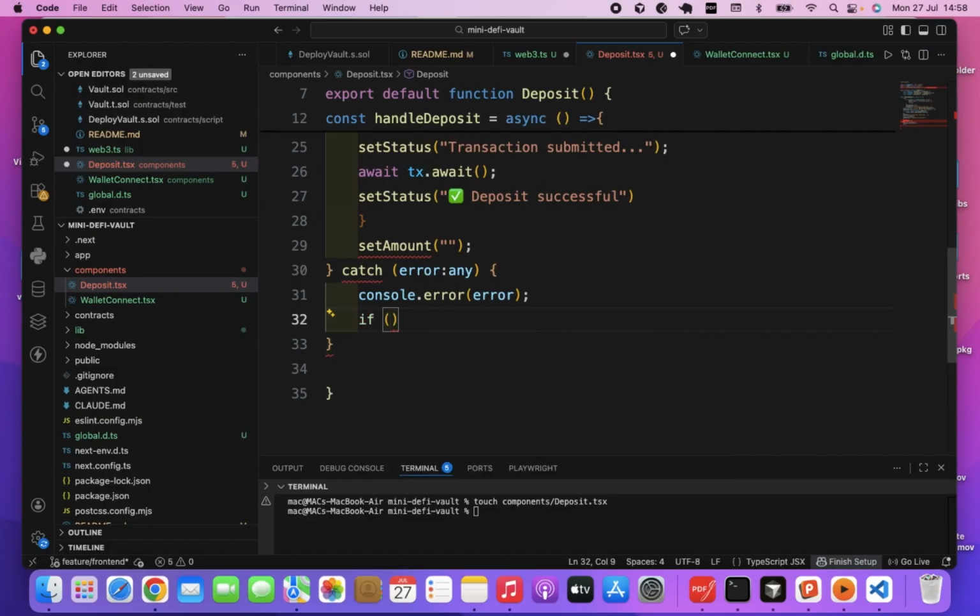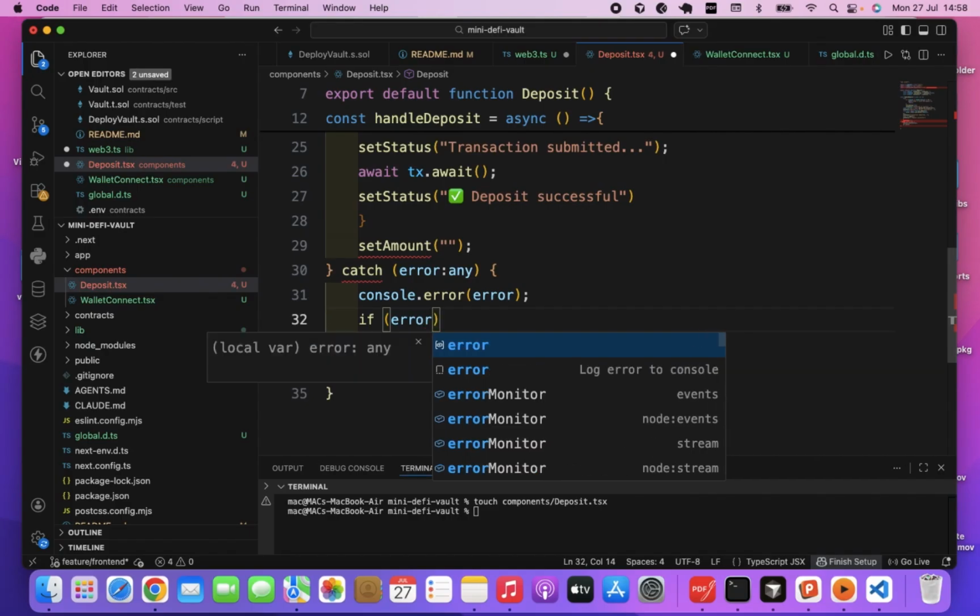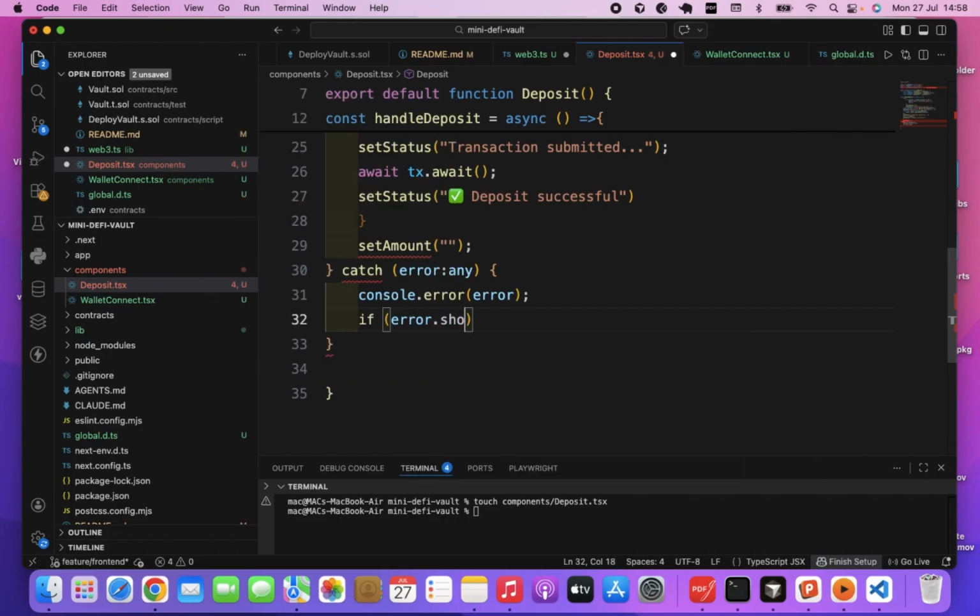If error dot short message, if there's any short message error,